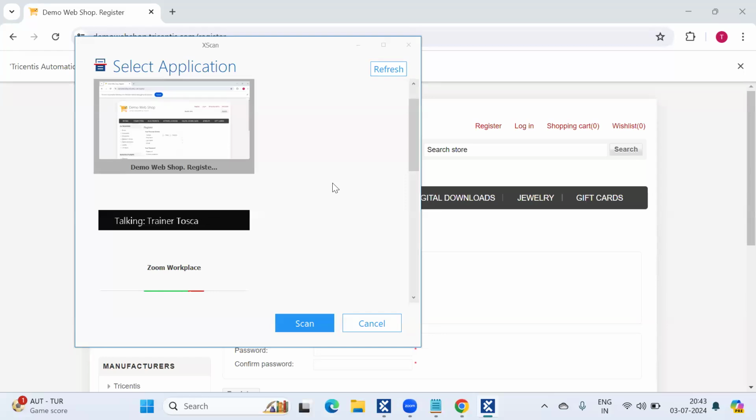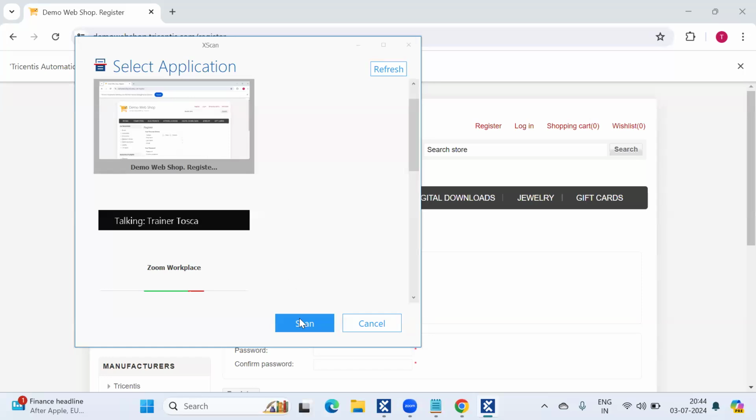Are you clear with this? Yeah, I'm good now. First thing is that Tosca doesn't know anything unless we provide all the details. If you give any wrong details also, it won't work. Everything should be properly given. It is like spoon feeding. Tosca doesn't know anything. Blindly, it will go on. It won't click on any other controls. Whatever you have performed, only that operation will be performed there. Everything you have to feed to Tosca. Remember that one.